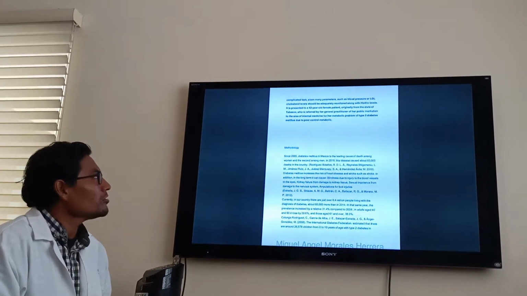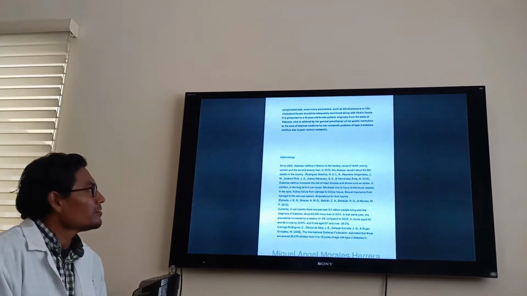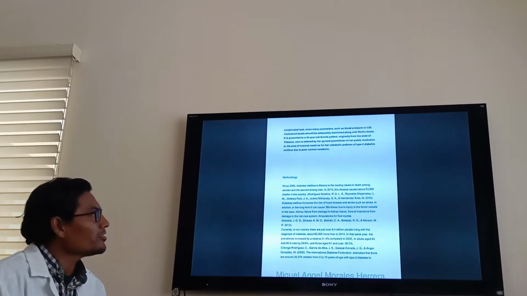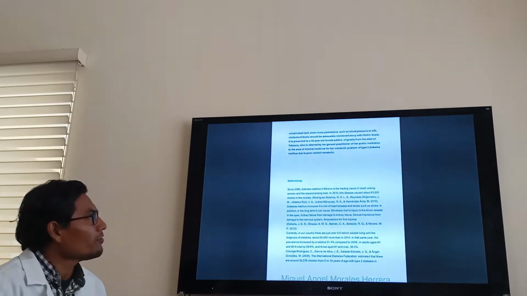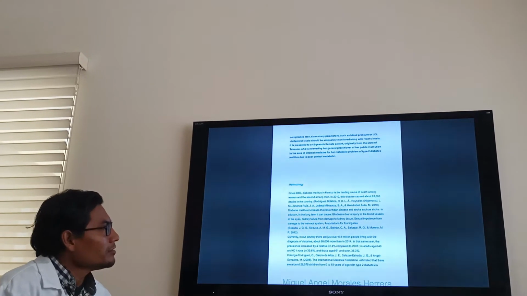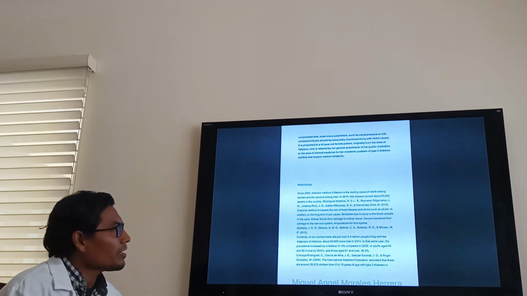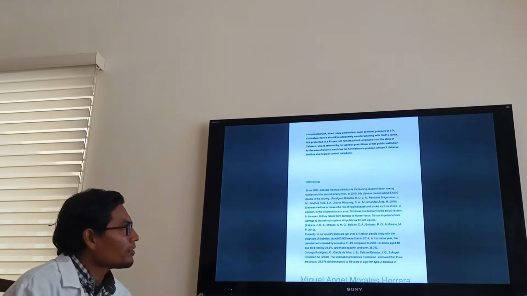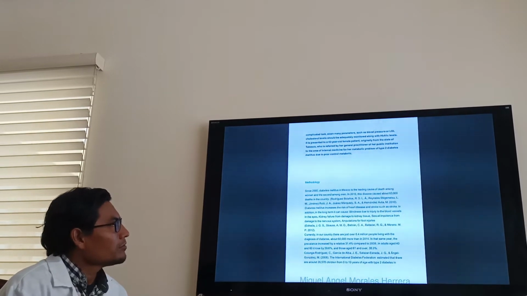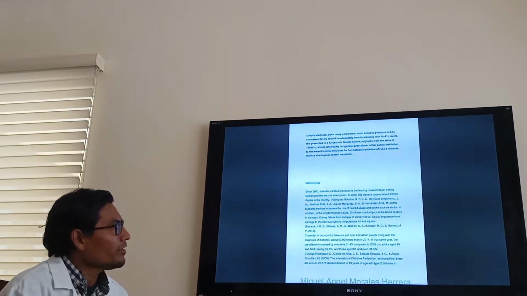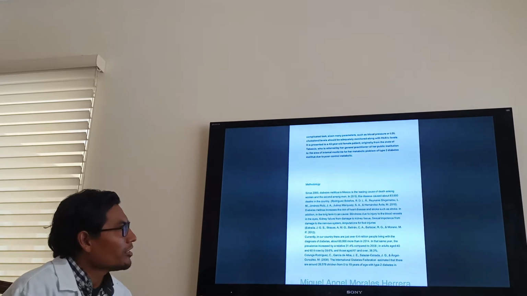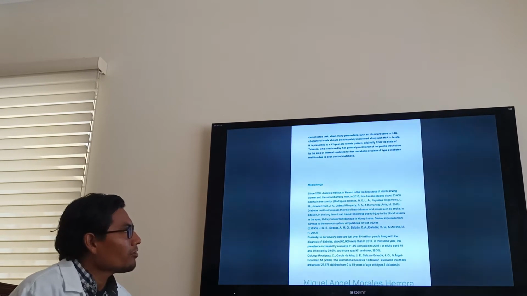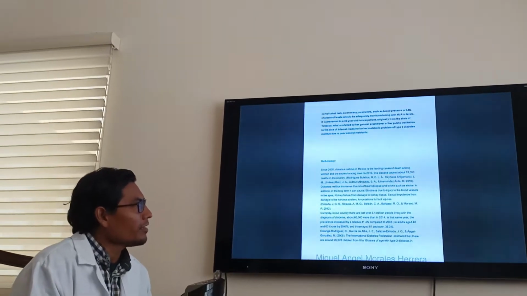Now the methodology. Since 2000, diabetes mellitus in Mexico has been the leading cause of death among women and the second among men. In 2010, the disease caused about 83,000 deaths in the country. The reference is Rodriguez Bolaños, Reynoso, Shigematsu, Jimenez Ruiz, Juarez Marquez, and